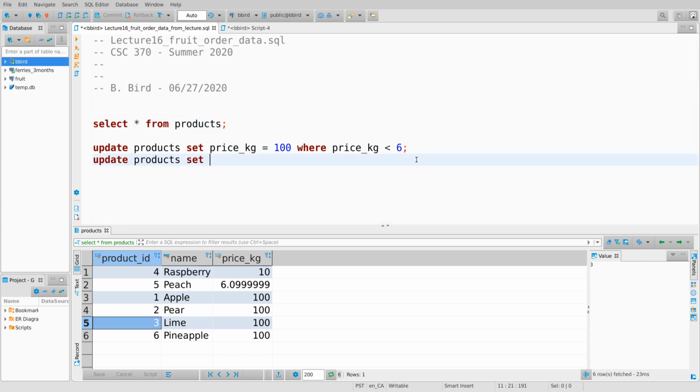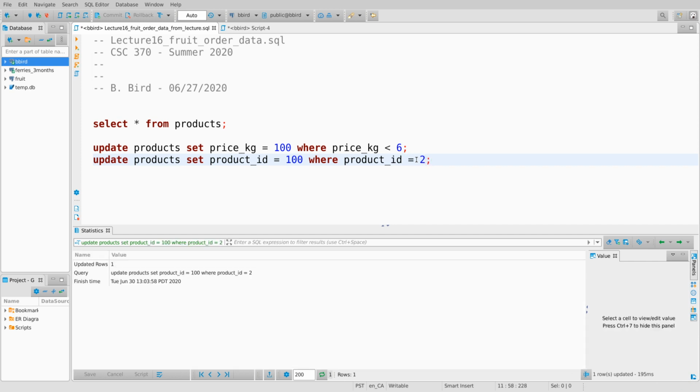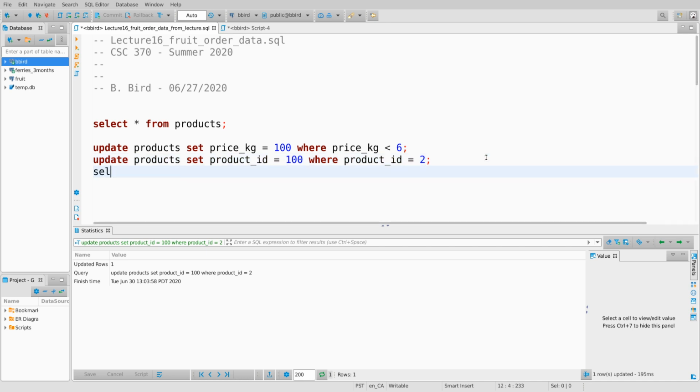Update products and set product ID equals 100, where product ID equals, let's try 2 and see what it does. And in this case, the query works perfectly. And I want to foreshadow something that we're going to talk about in the next lecture here, but